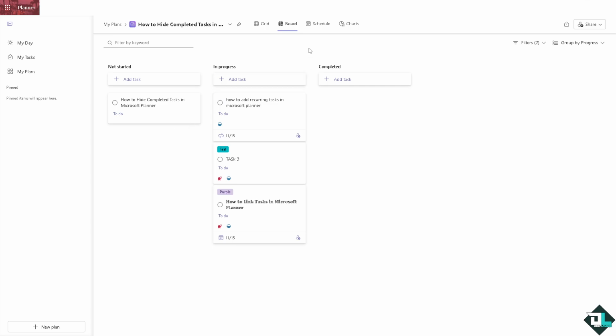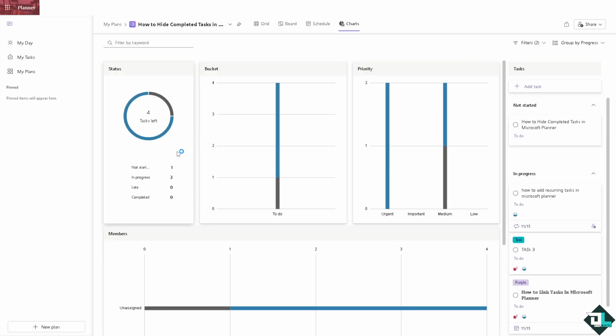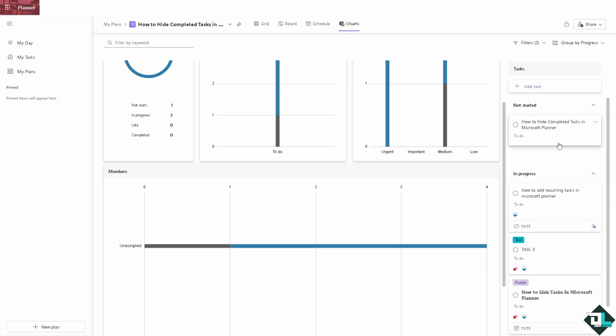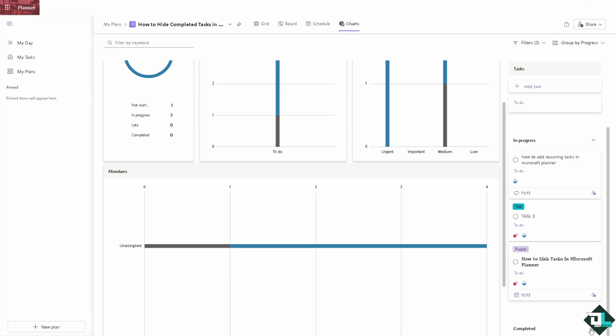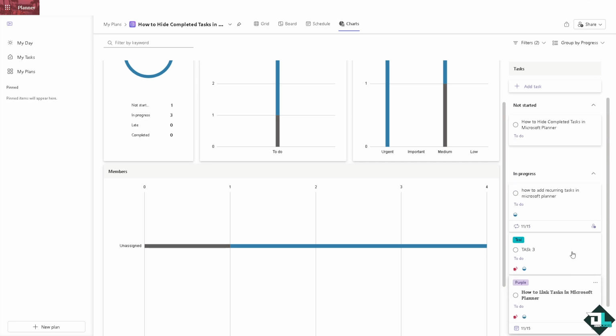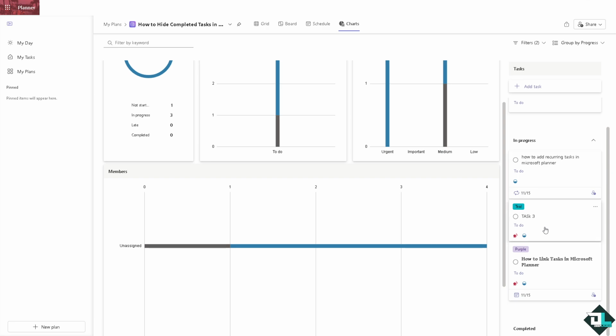You can also use the chart option to view an overview without completed tasks. The chart gives you a visual overview of tasks without displaying individual completed tasks right here. You see that? The completed is hidden. If you click on the drop-down menu, you would see the completed. But of course, we try to hide the completed and only those that are not started and in progress are the ones that are shown,